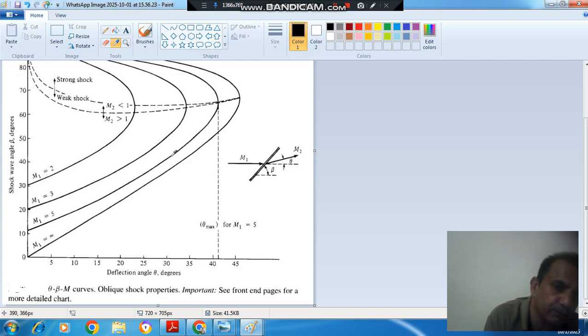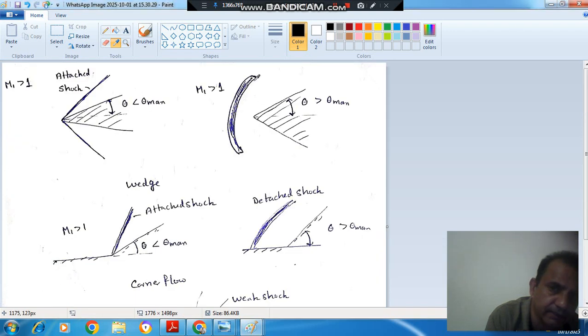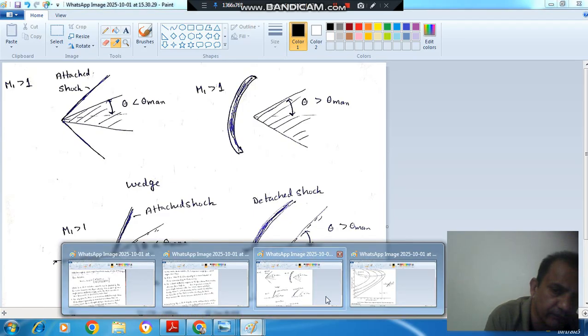In the first point we discussed the particular curve corresponding to Mach number 2. For Mach number 2, or for any Mach number, there is a maximum value of theta, this value, beyond which there is no solution for the straight wave. The solution is there for a curved wave, or we can say if theta is greater than theta max, then there is a curved wave and it is a detached wave, and when theta is less than theta max, or theta lies within this range,